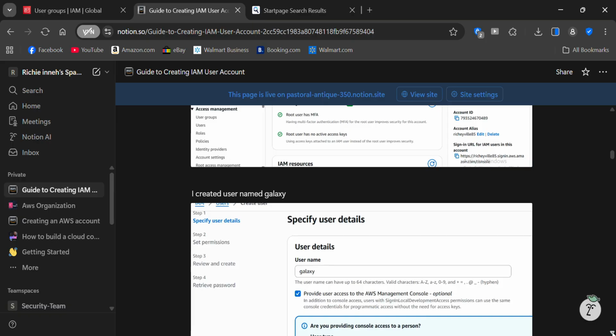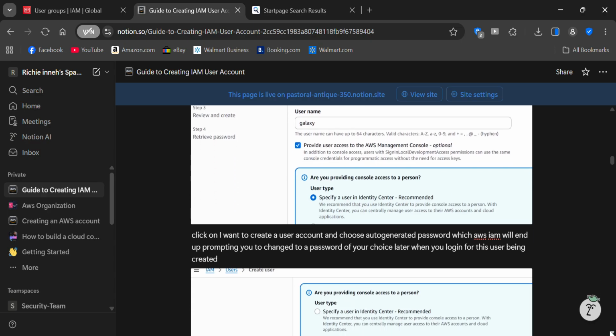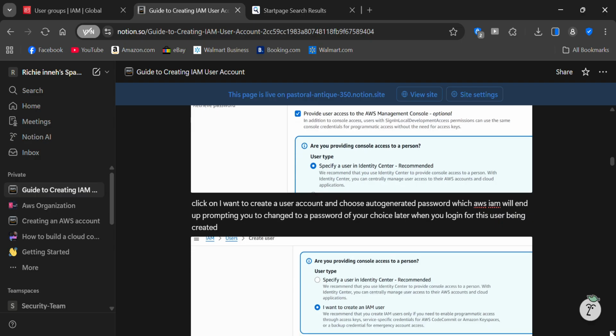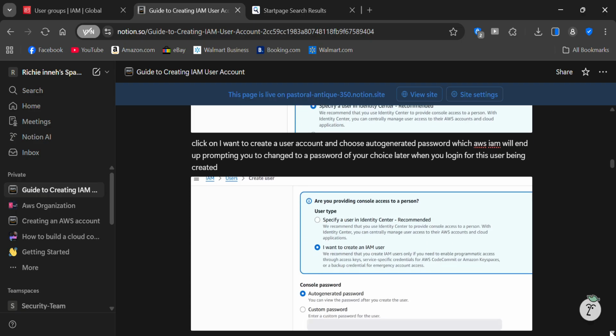From there, I created the username Galaxy. You go to Users in the AWS IAM console. On the right-hand side there is a floating bar where you see Create user. I created my username, Galaxy. I used Galaxy with one of my emails. So, on creating Galaxy,